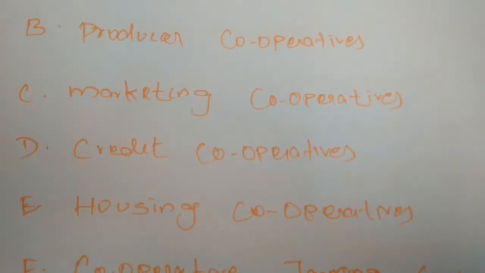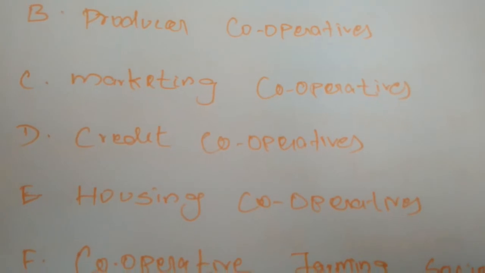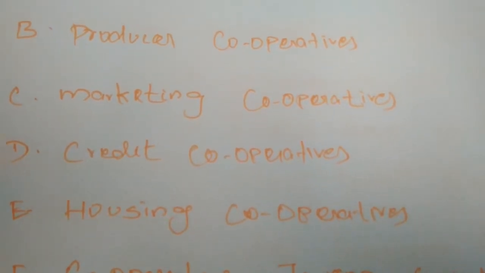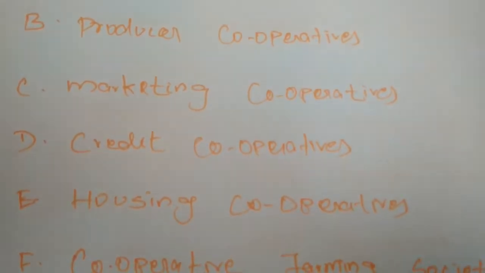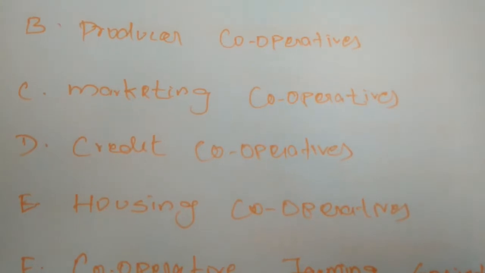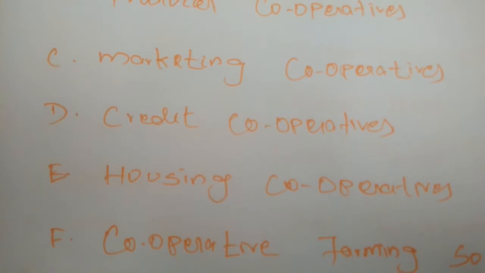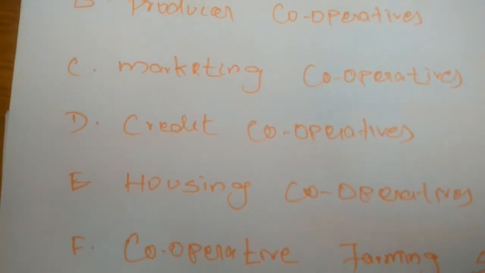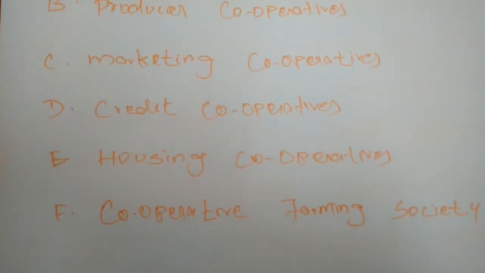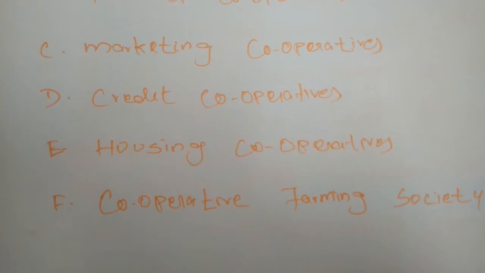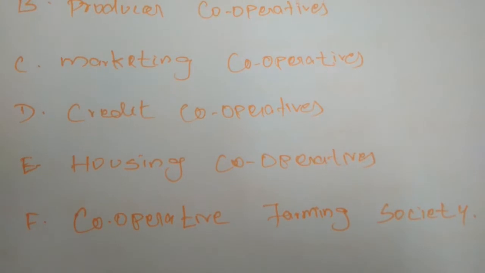Suppose, as we have already studied, there are small scale industries or cottage industries, and whenever there is no possibility to establish cottage industries, the small scale producers will come and produce commodities. The marketing cooperatives perform certain marketing functions such as grading, warehousing, advertising, etc. Whatever is needed to sell the commodities produced, the marketing cooperatives will do. Next,